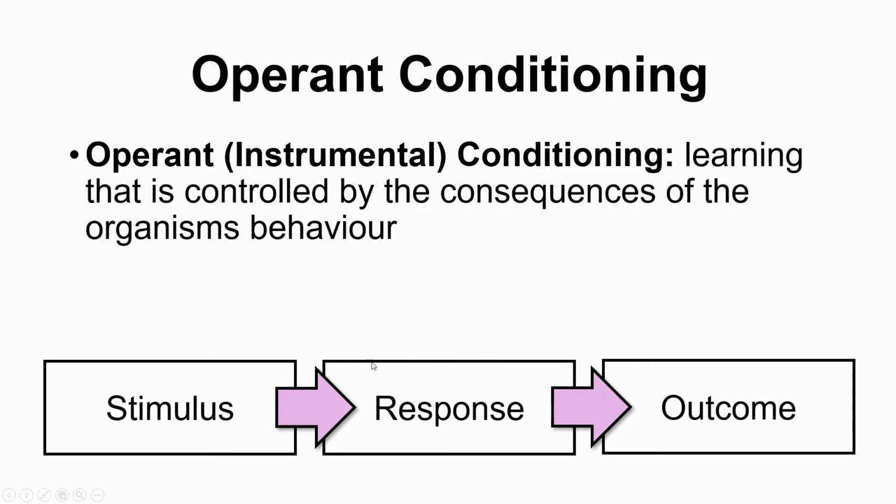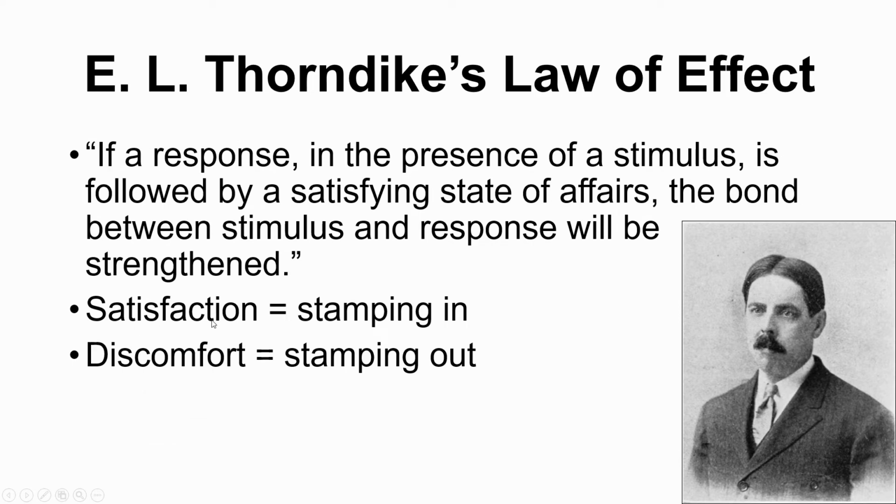So we strengthen the relationship between our stimulus and our response. If we result in satisfaction, so if it's a good thing, we have a process called stamping in, where we make that association stronger and we become more likely to do that response, to do that particular behavior in the future. If that sort of stimulus and then response is followed by a negative outcome or a dissatisfaction,